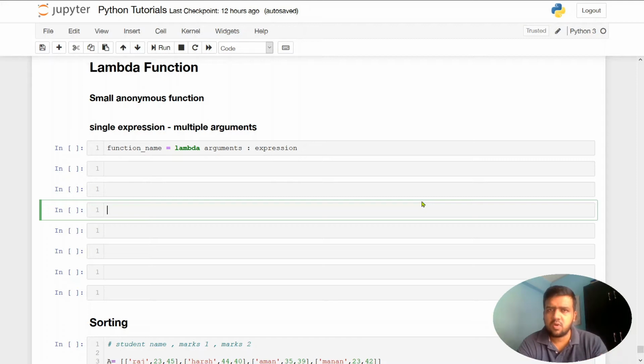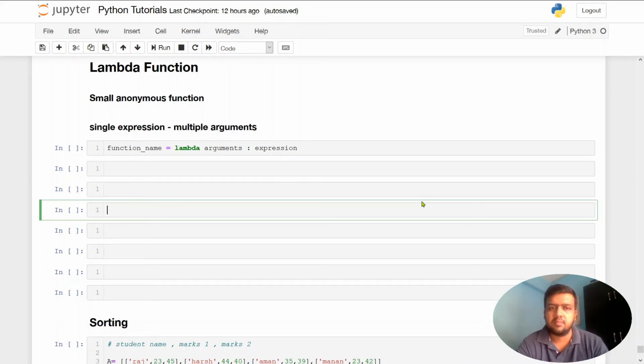For smaller tasks we can use this lambda function to string the code, because it often happens that you have n number of smaller tasks and you create n functions for them. That becomes very difficult for anyone to understand your code, because you have different functions defined all over the code and you are calling one of them at any point of time. So that's why Python has introduced the lambda function, to create a small anonymous function for a particular task at the point only.